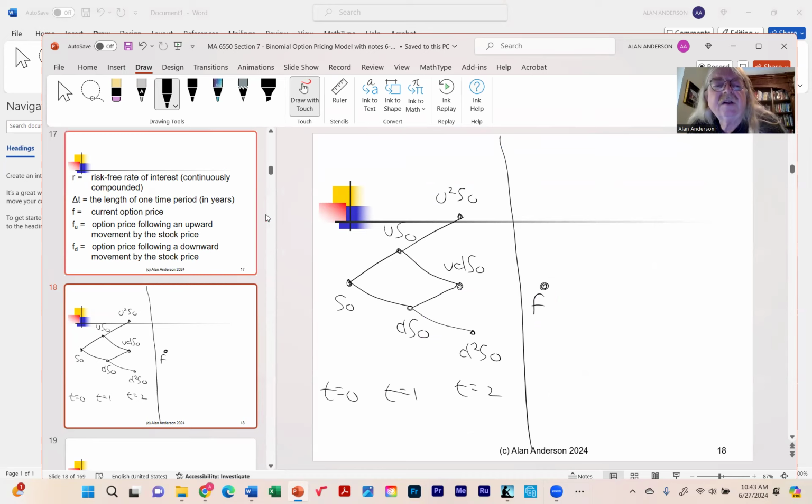So let me just carry on with this discussion. And so what I was saying is that if the stock price tree looks like this, the option price tree looks like